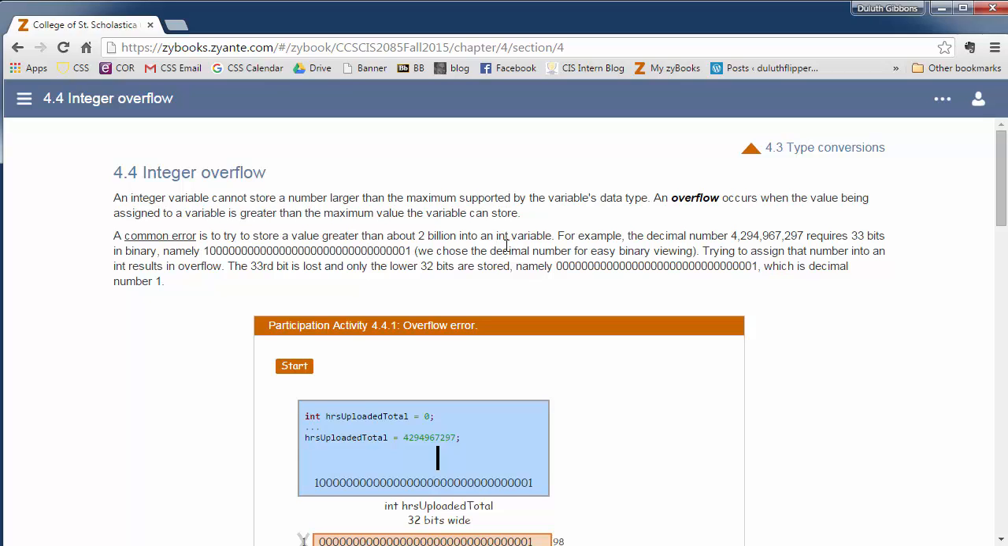So if you declare an int variable and set it to a number greater than about 2 billion, we run into some issues. And this is because of the way we store this in binary form. So if we have a decimal number like this, it requires a lot of bits. This is how we write it in binary format. And if we add 1 to it,